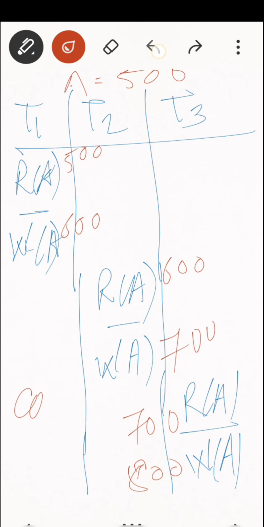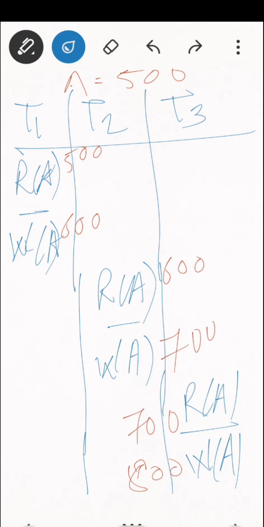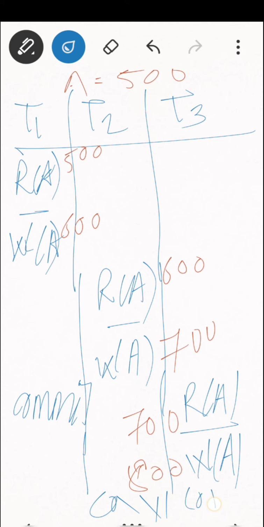Let me use a different pen. This particular transaction has committed here, commit, this particular transaction has committed here, and this particular transaction has committed here.